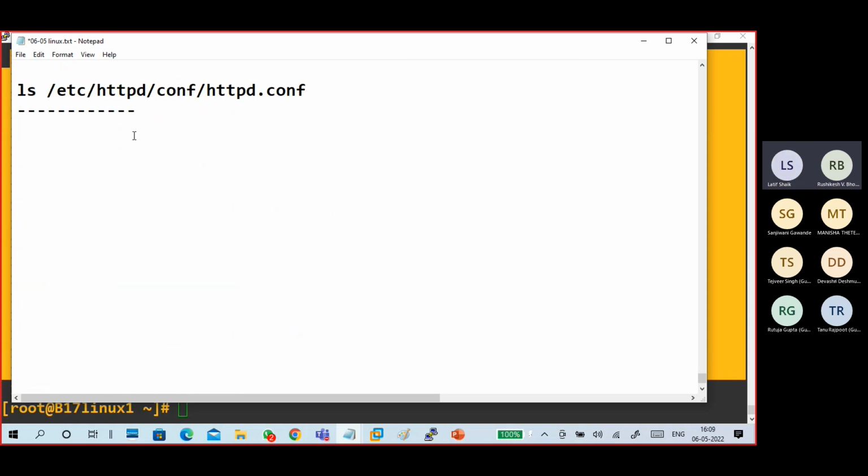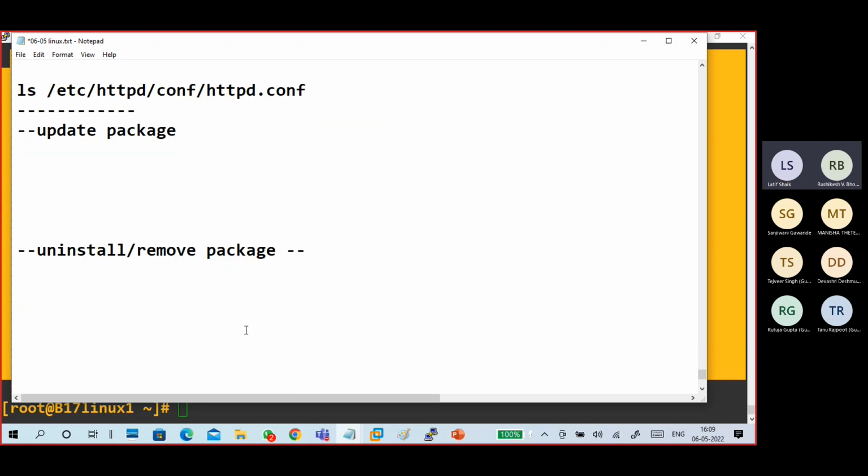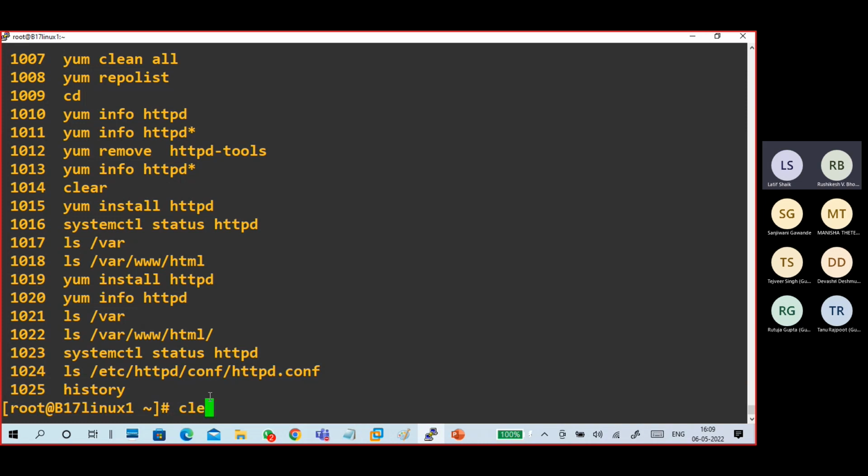Now this is for uninstall. This is for uninstalling or removing a package. Okay, in between, we have to do update also. Package. The next one is uninstall or remove. So same example, we are taking the example httpd. So here,